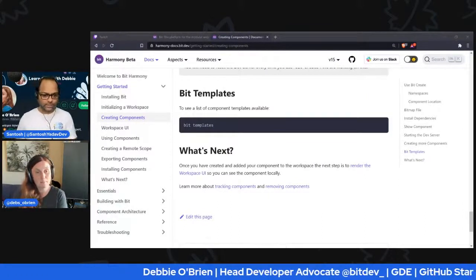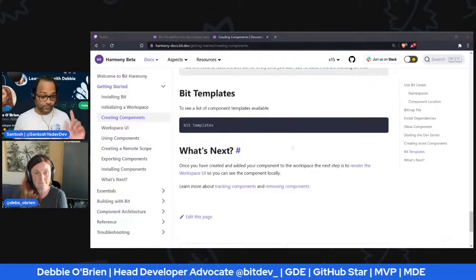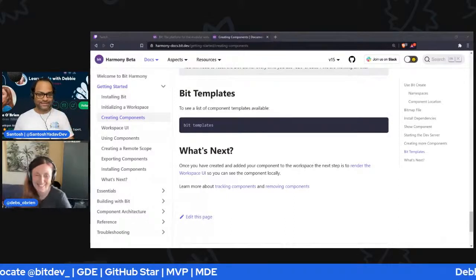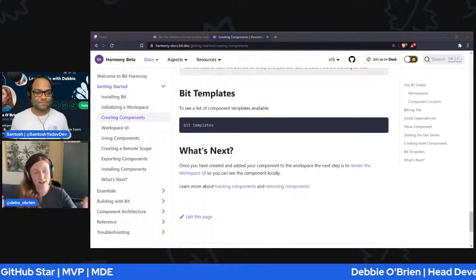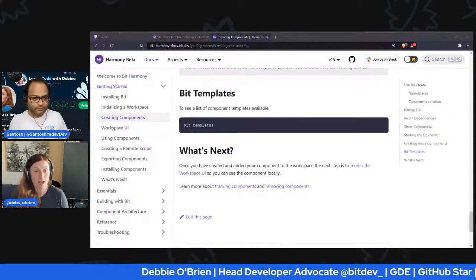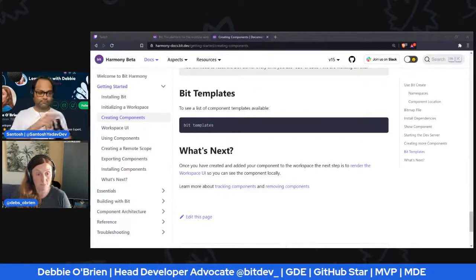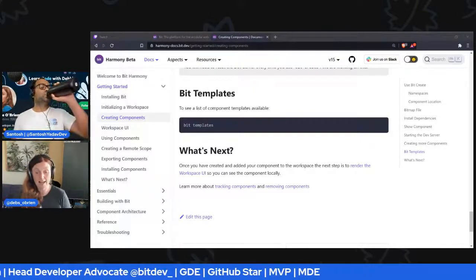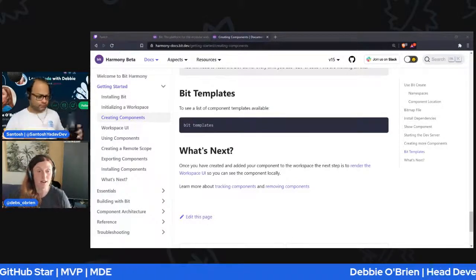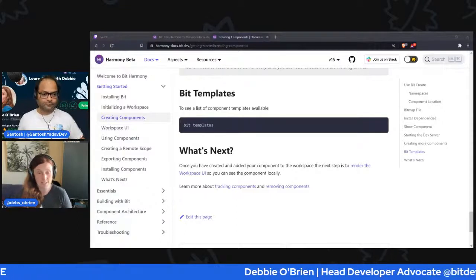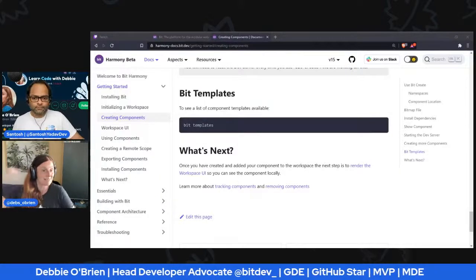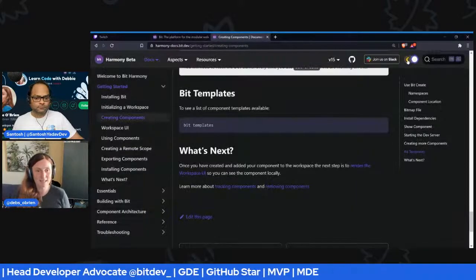So this leads to my next question. What is Harmony? As developers, we want to build in Harmony, right? That's the name given to the new version. Bit has been around for quite some time. Many people have probably been using Bit for many years. The old version had Angular support, Vue support, React support, etc. The new version is Harmony, and it's much improved. The difference is incredible, and it's so much better. Obviously, as things progress, things always get better, right? And Harmony is the name for the new version.